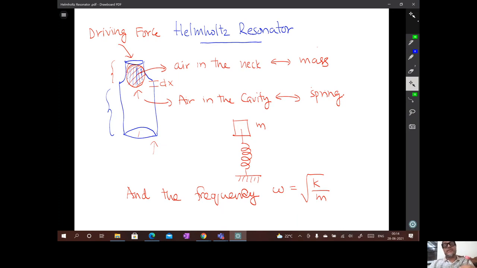In the video which I have recorded as a live demonstration of the Helmholtz resonator in the lab, I have symbolically taken one of the bottles and demonstrated that this bottle can act